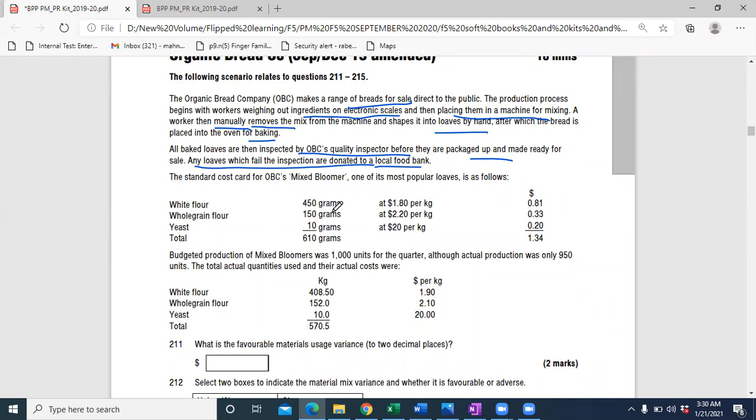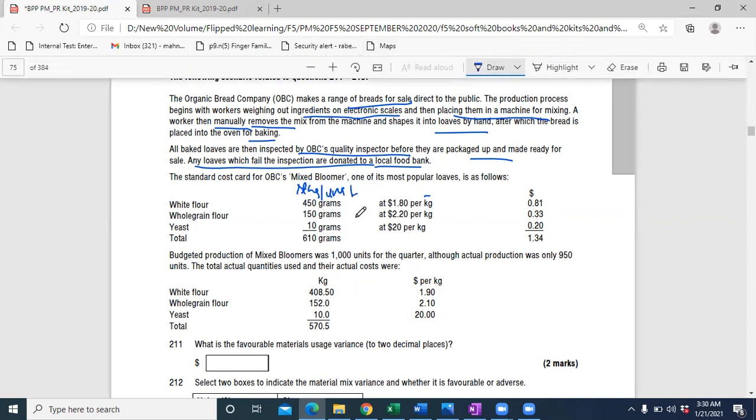Okay, here's the standard cost card. It's in grams and the rate is in kg. I can just divide it by 1,000 and then I can convert each one of these. This is basically the standard kg per unit I have, right? And from here, I will be able to calculate my mix as well. Okay, and this is input, not output. I always take the input quantity, right? I always take the input quantity.